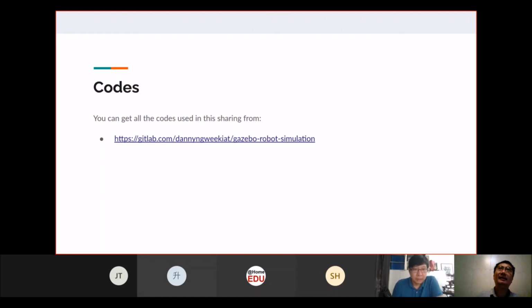Right. But do you find this simulation platform very useful in your actual robot development? I think mainly because we are working in a team, and we only have one robot. When everyone needs to work on the robot itself, for example some on the vision system, some on the localization tasks, some on the arm itself, then it does help with development when we only have one physical robot.